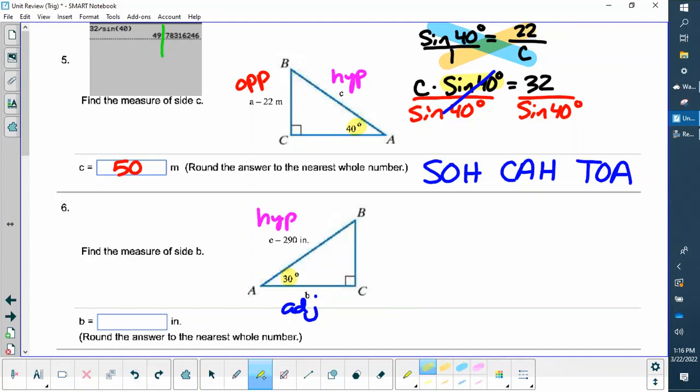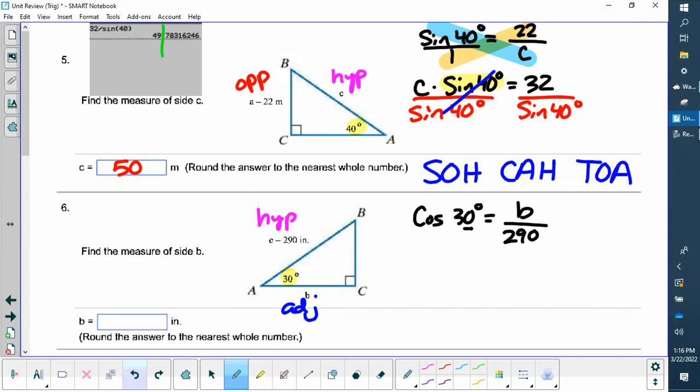Okay, I look up here and I see I have A and H, which is the CA of SOHCAHTOA, and that is cosine. So the cosine of 30 degrees equals, okay, adjacent over hypotenuse. So B over